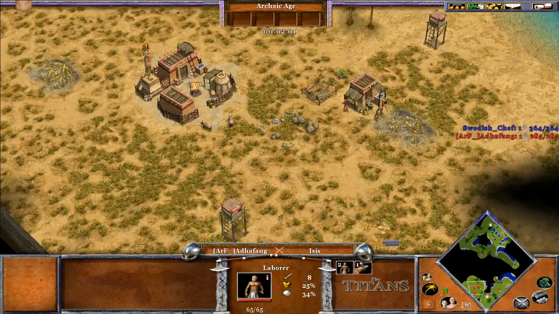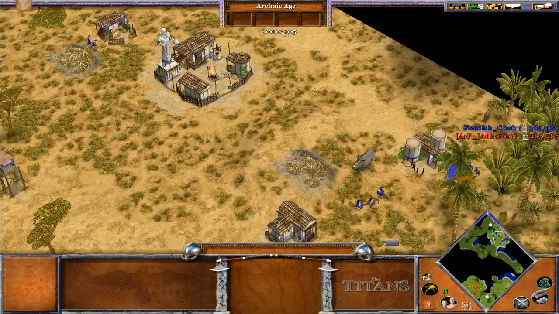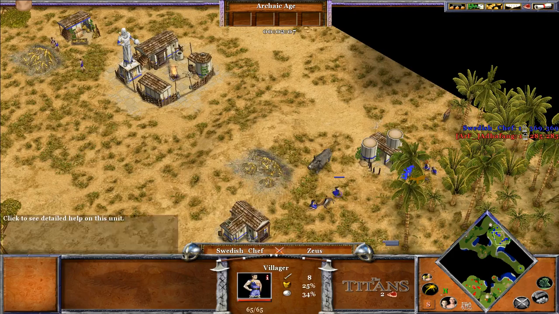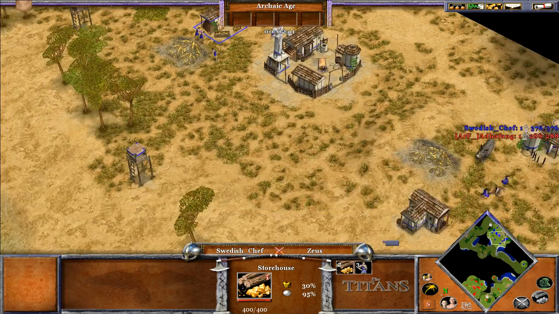He's going to get that early pickaxe out, going to get the monument to the villagers really quick. He's got hunting dogs, and so does Swedish Chef, I believe. Swedish Chef is probably going to be able to pick up the pickaxe himself soon, or he's going to be going relatively quickly